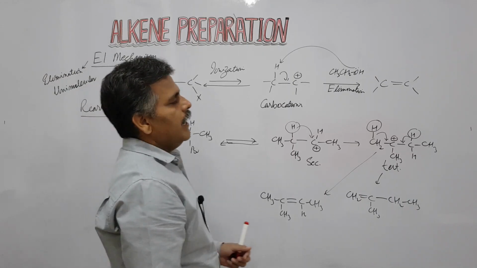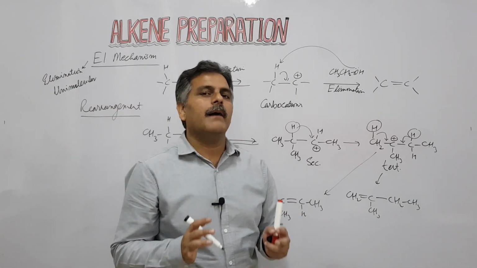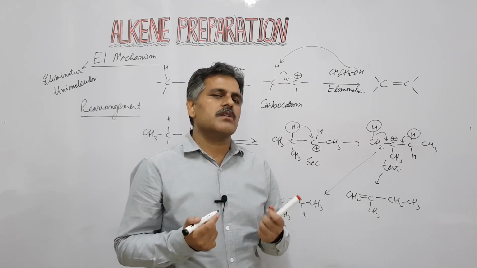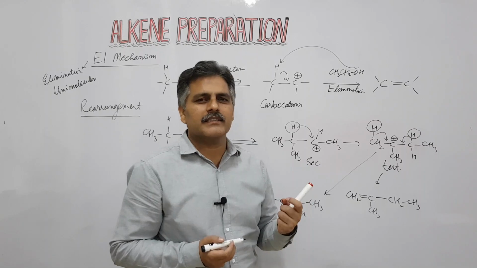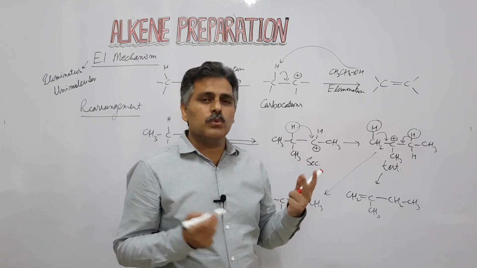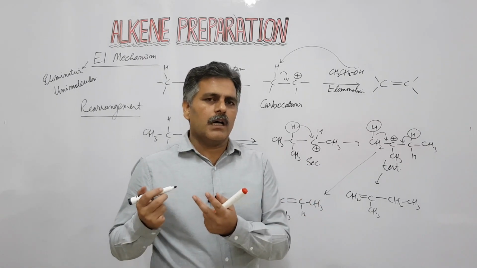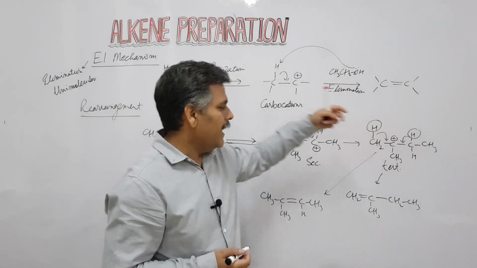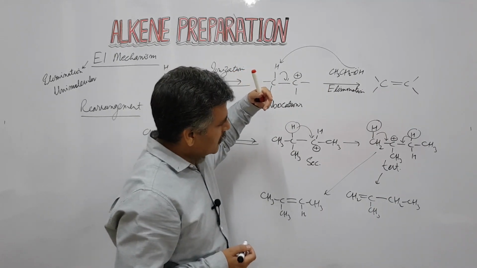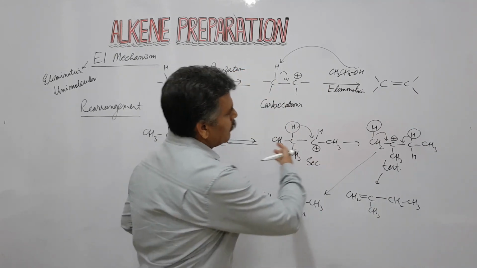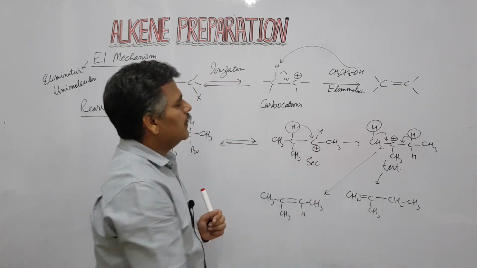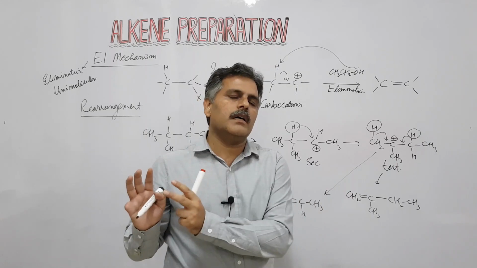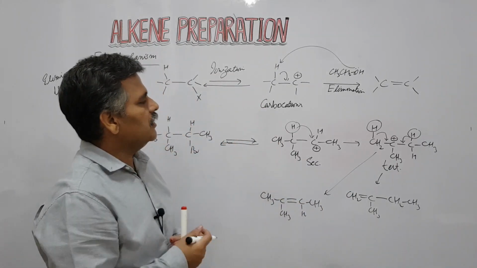So in conclusion, we have multiple products when we carry out E1 reactions. And if you look from a synthetic point of view, then E1 reactions are not normally synthetically useful because we have a number of different products. The first one is the elimination product, then the substitution product, and then some products formed by rearrangement of this carbocation, and we have two different alkenes. So multiple products are formed that reduce the application of this E1 reaction.